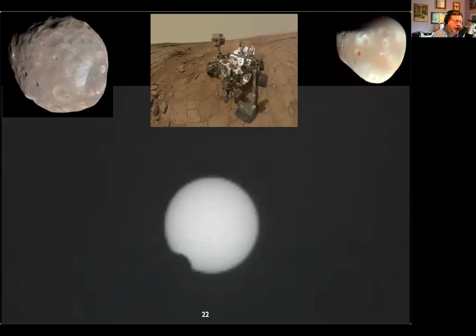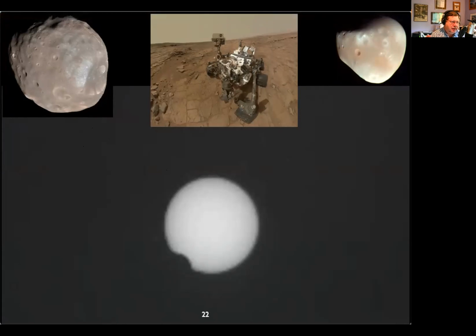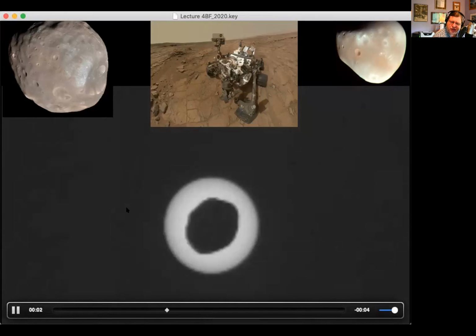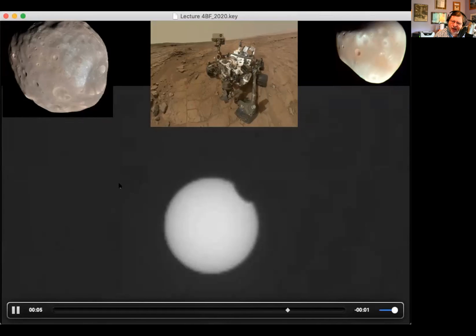That could also happen on any other planet. And in fact, on Mars, it almost happens. Mars has two really tiny satellites. They're like 25 miles and 15 miles across. However, they orbit really, really close to Mars. And so the angular size, the size it appears on the celestial sphere, is not that different from the sun. And again, because Mars is much farther away from the sun, the sun is smaller. These satellites are much closer, and so they're almost the same size, as you can see with this picture taken by, I believe, the Curiosity probe. And that's what we would call an annular eclipse,